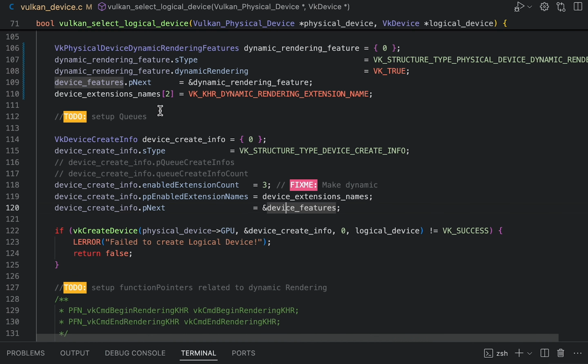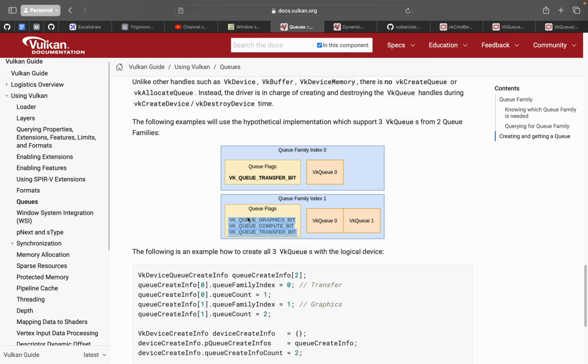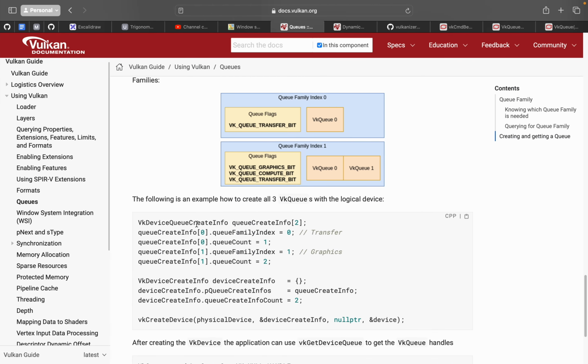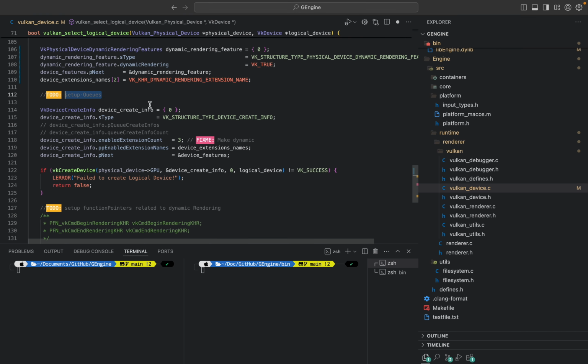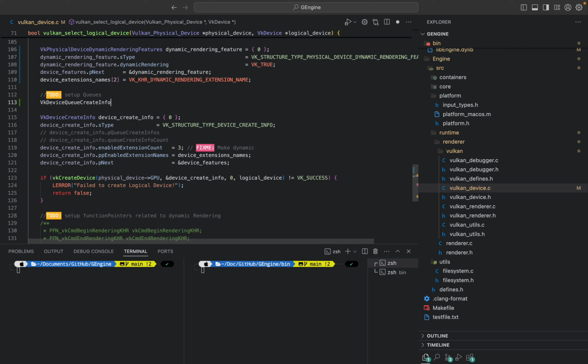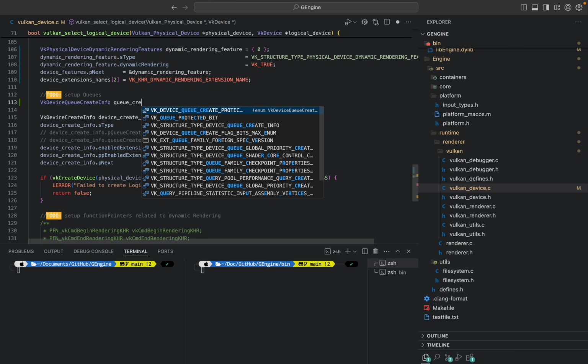So yeah, that's that. Now the second to-do is setting up our queues, and I've gone down to where we do that. On Mac, instead of having 2 queue families, we're just going to create 1. So instead of creating an array, we're just going to create 1. I'm going to copy this name here, paste it underneath the to-do, and we're going to fill out this struct. I'm going to call it queue create